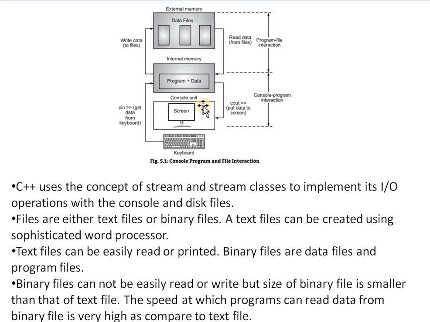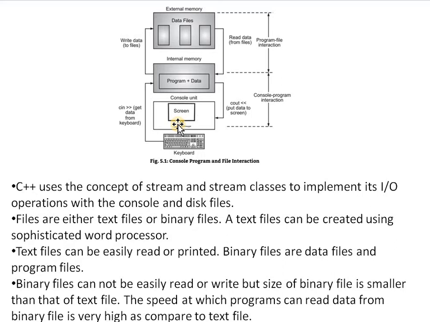In the first part, there is file interaction where our program directly interacts with the files. A file stores any data, and that information is accessed by using different methods that are written in a programming language. In the first part, there is program-file interaction, where our computer program directly interacts with the file, and here the program interacts with the console. This is the concept of file handling.